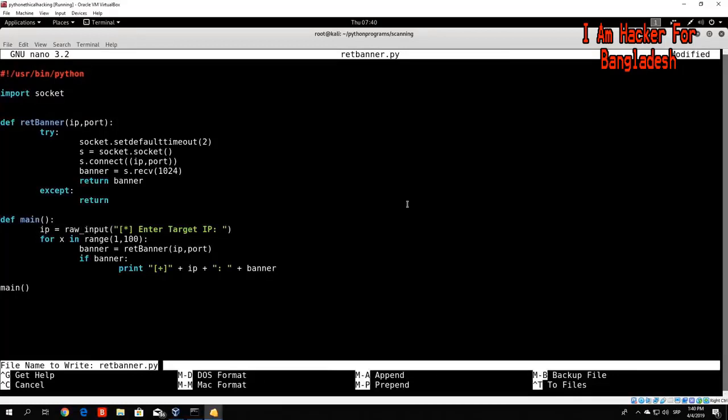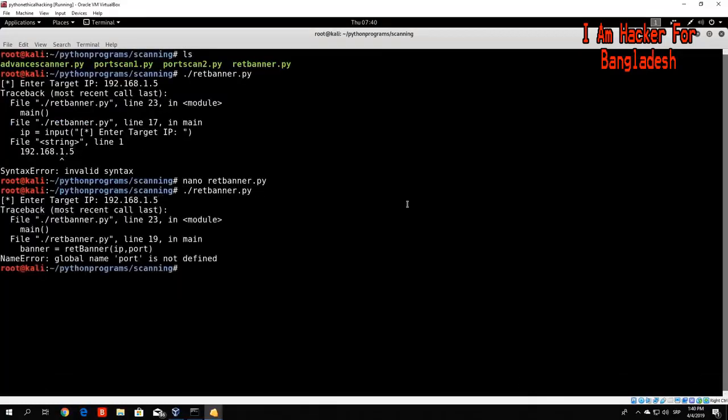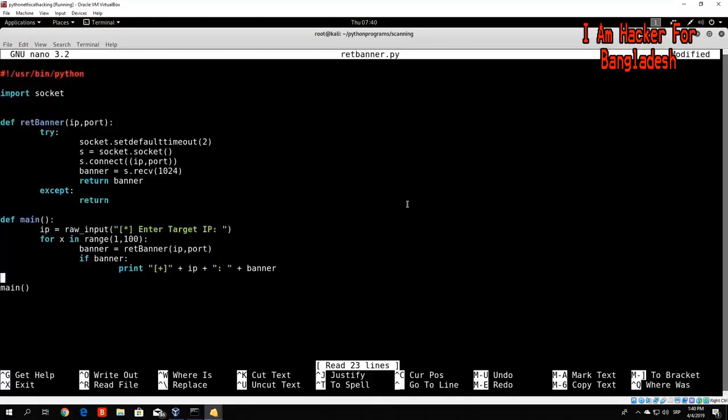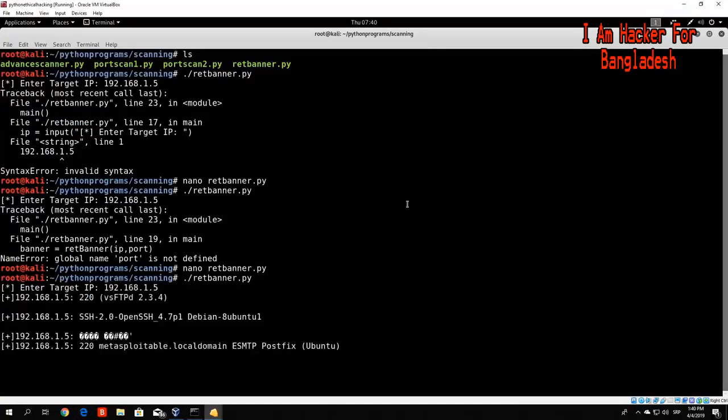Let's just go with the raw input. Perhaps that is making a problem, but perhaps not, so let us try it. Global name port is not defined. What do you mean global name port is not defined? Oh yeah, we specified here port, so instead of the port, since we use variable here x, we will just delete x and make it port. So for port in range 1 to 100, maybe that is easier to understand, we want to go to this function for each port number for the same IP address. So change that, Ctrl-O to save, Ctrl-X to exit, 192.168.1.5, and we can see we actually received something for different